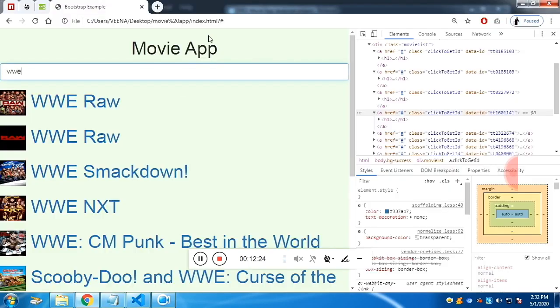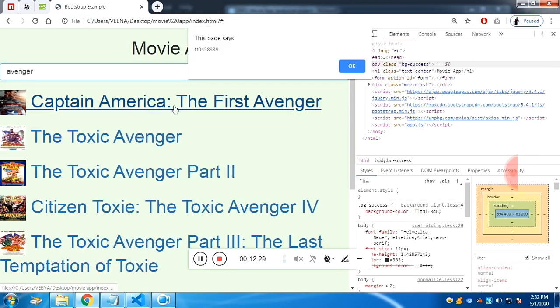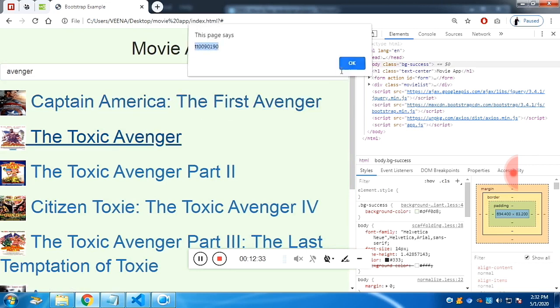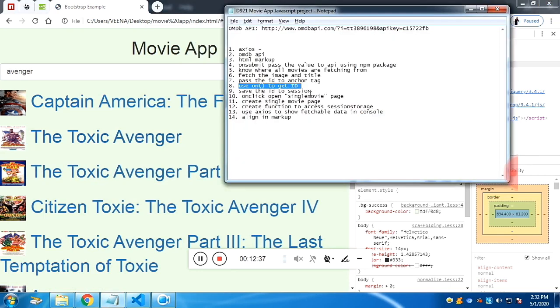We are going to alert it. Click on any link, you will find a different id. Ends with 39, ends with 90, ends with 03. So each of them has its unique id. So save this id in a session,